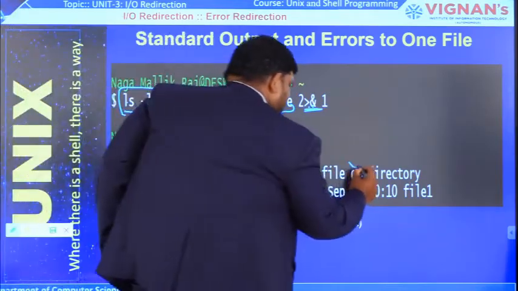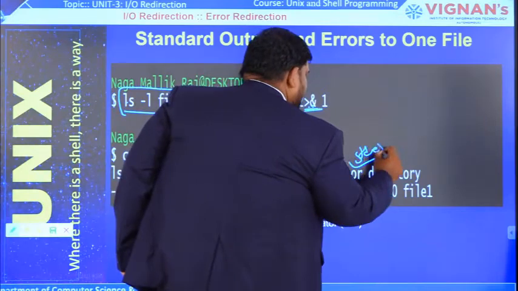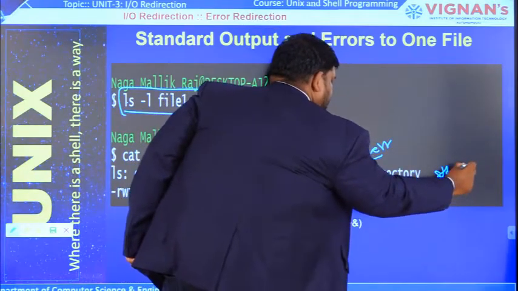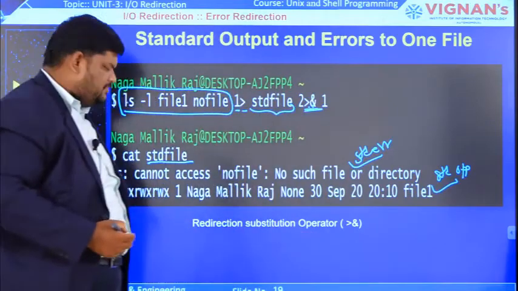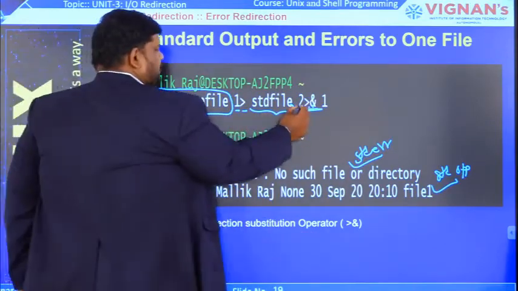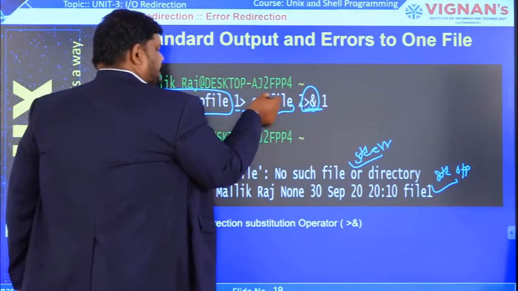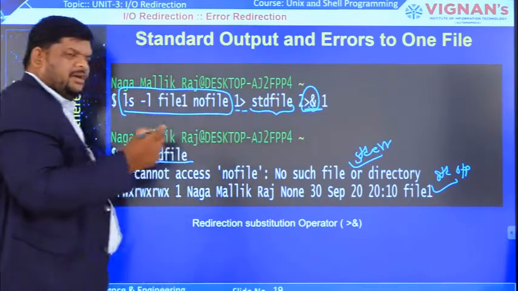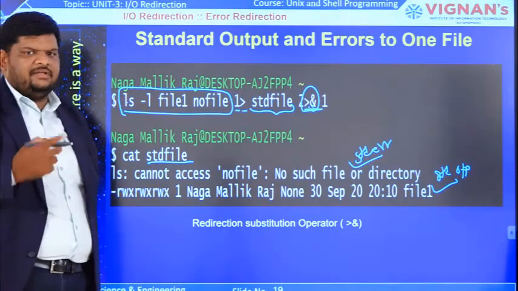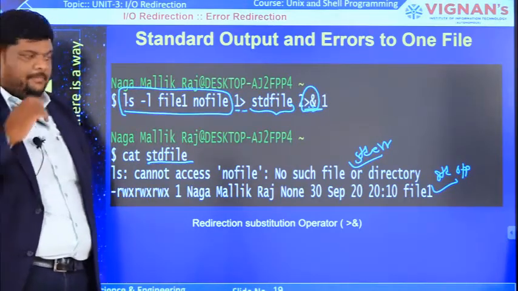If you check, this is the standard error message, and this is the standard output message. How is it possible? With the help of the redirection substitution operator. If you write like this, we can redirect both the output and any error encountered, that is standard error, to the same file.